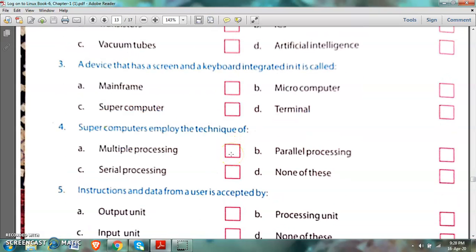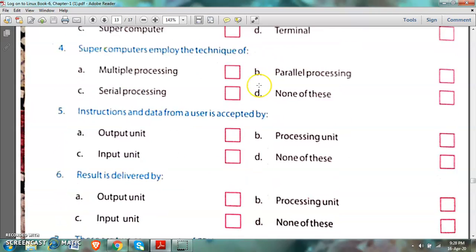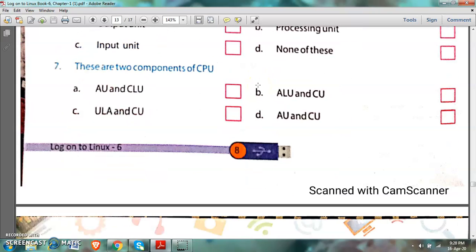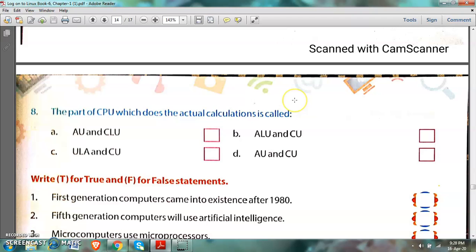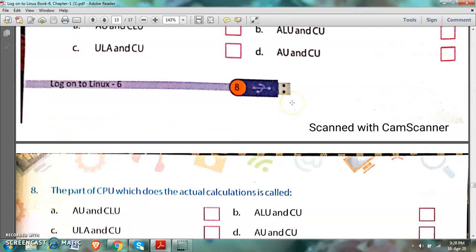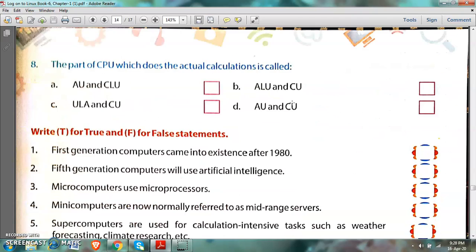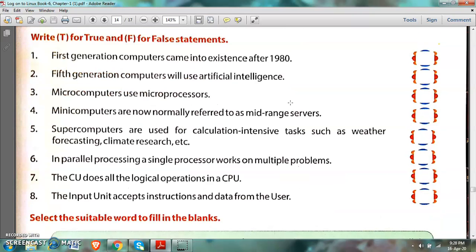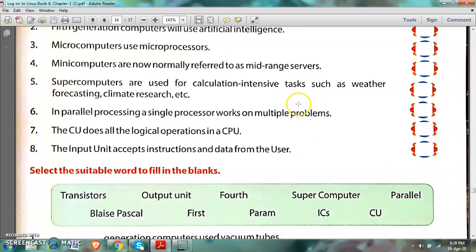So till then, your work is to read the chapter thoroughly, and you are to try to do the first 2 parts, multiple choice questions and true false. I hope you all will follow the instructions given by me for reading the chapter and for trying to find out the answers in the book.